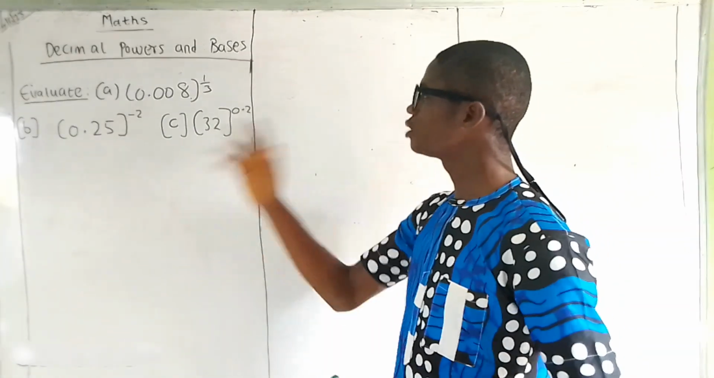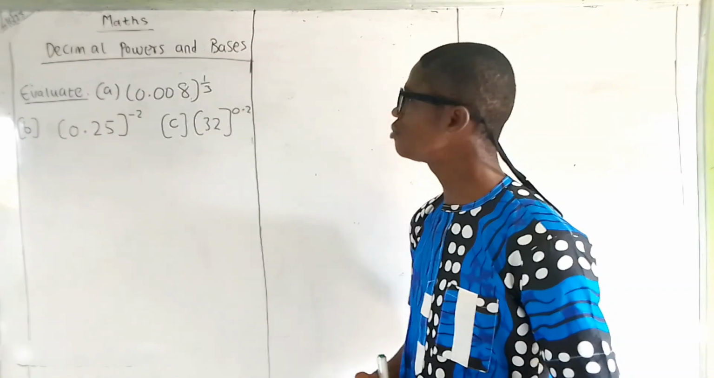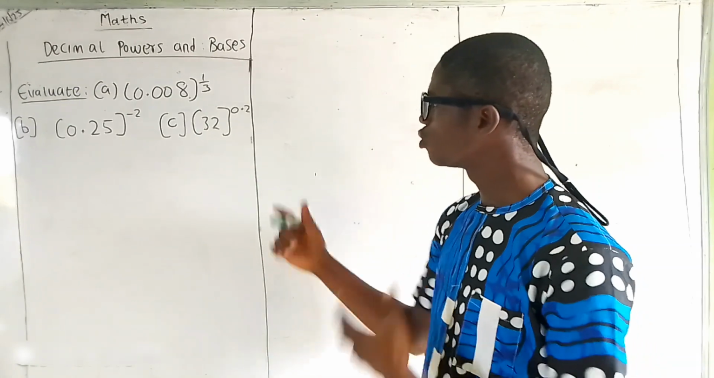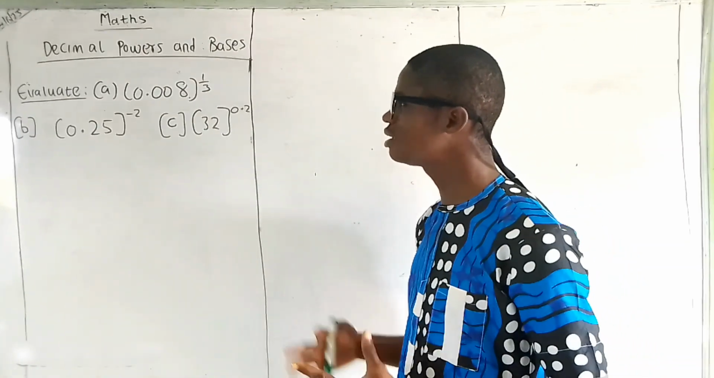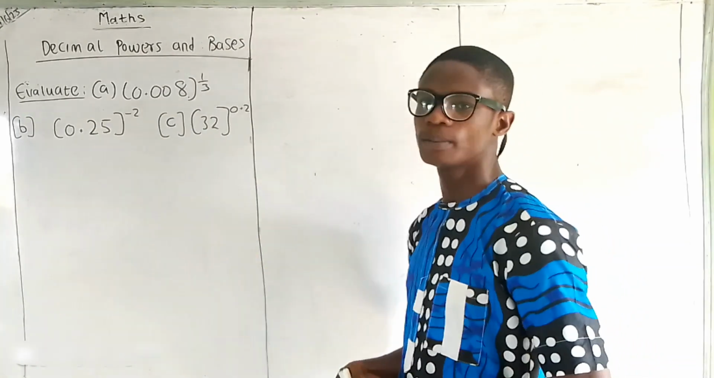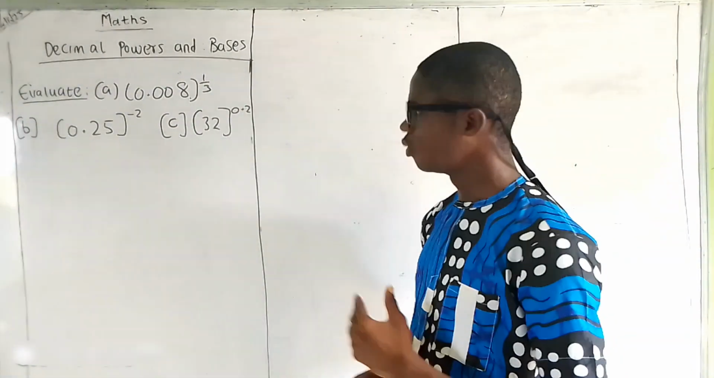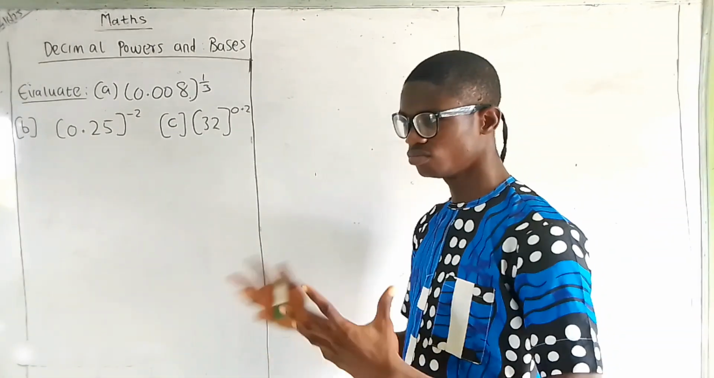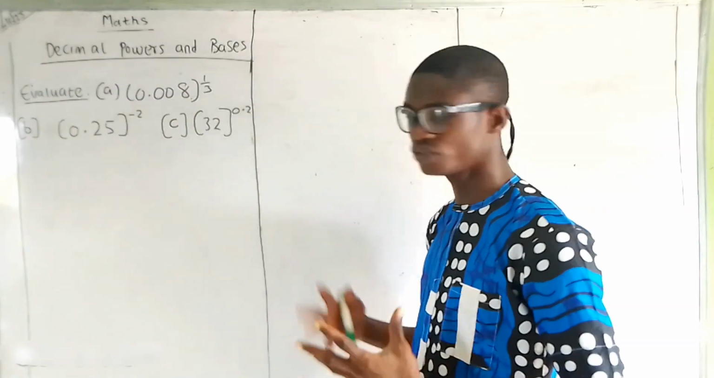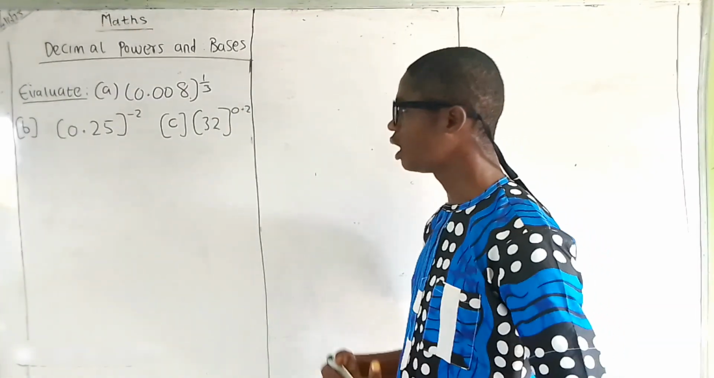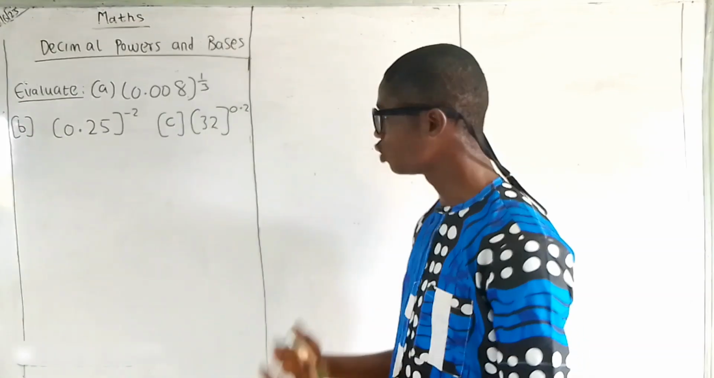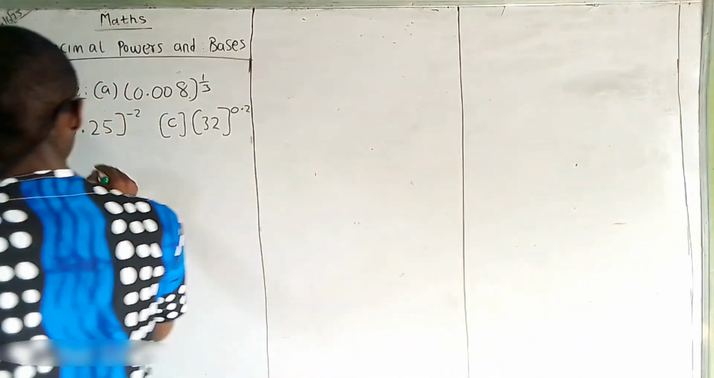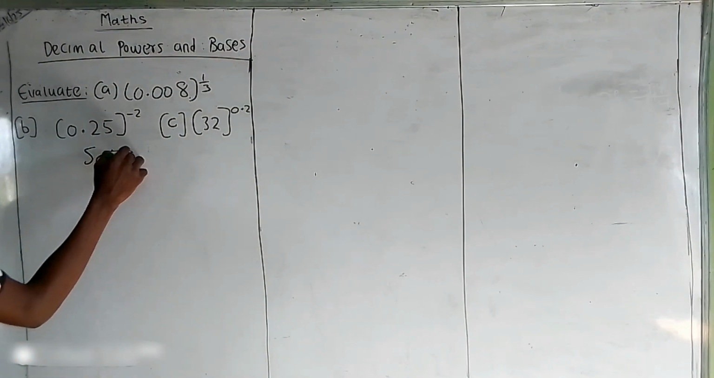So we want to talk about decimal power and basis under indices. We want to see how we can easily solve these problems with the knowledge of indices, because there are various dimensions of indices that are being explained and you need to understand. So let's see how to solve this one. I have the solution here, but before that, let me give you a brief